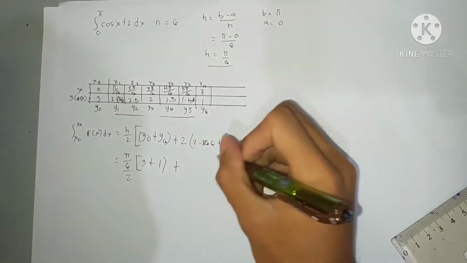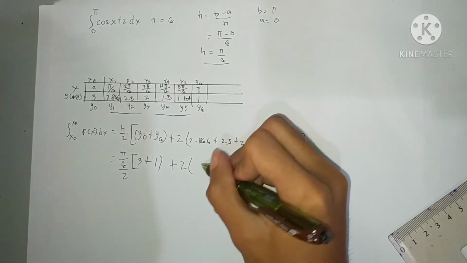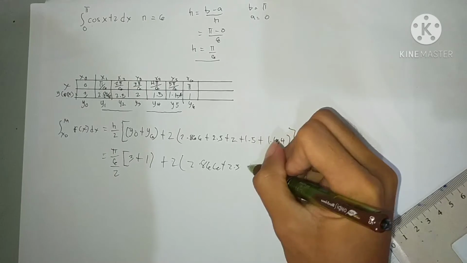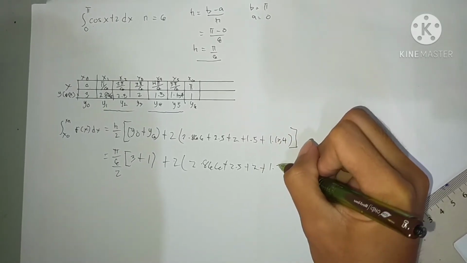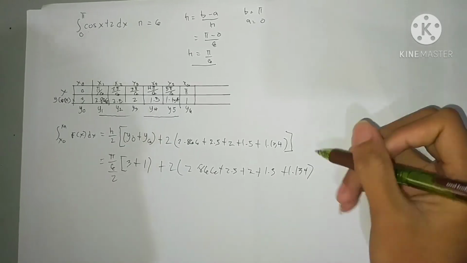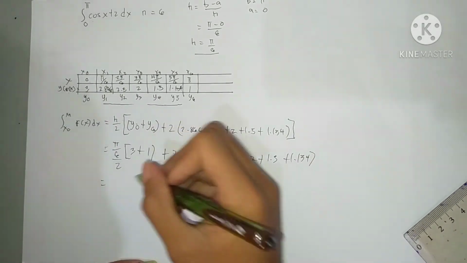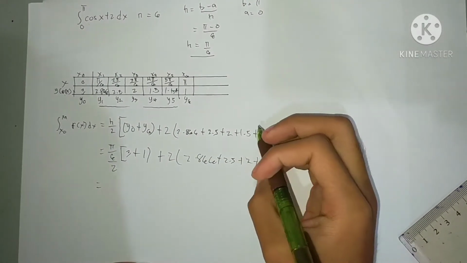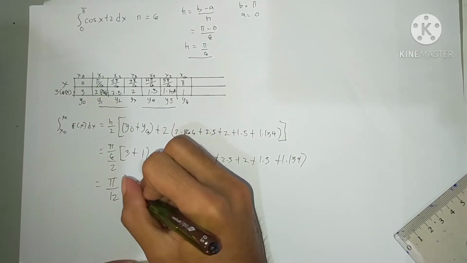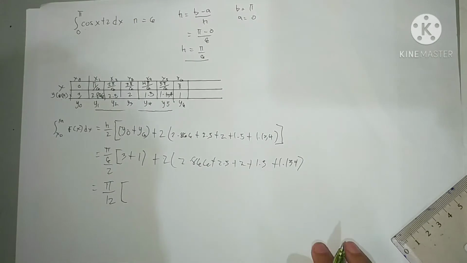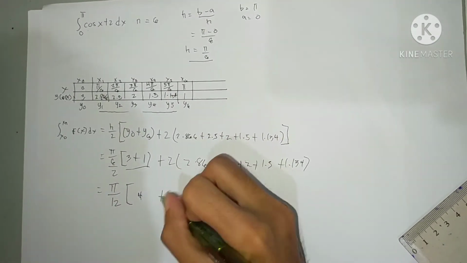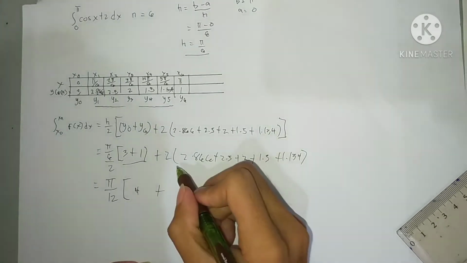So plus 2, copy 2.866 plus 2.5 plus 2 plus 1.5 plus 1.134. Then to get the answer, we have here pi over 12. Then the answer for this is 4 plus, then to sum this up,